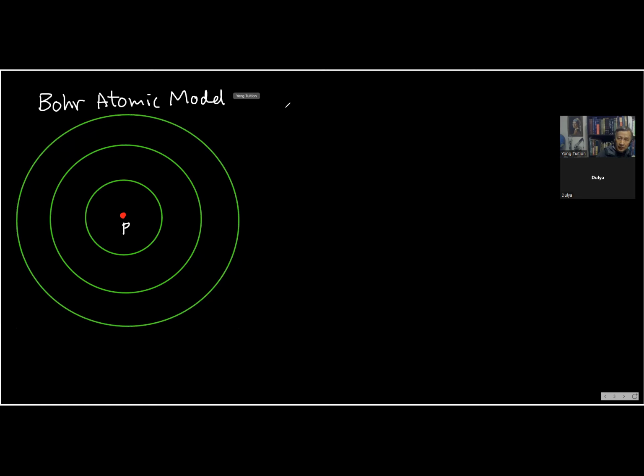For example, in the ground state with the lowest energy, the electron will stay here, as we learned in chemistry. Also we learned this in chemistry. Do you agree? Actually, modern chemistry is built on the Bohr model. Yeah. So you can imagine this electron is doing circular motion. However, the Bohr model also says... so first, what is the Bohr model? Basically the first idea is the electron orbit, okay? This Bohr model is for the hydrogen atom.